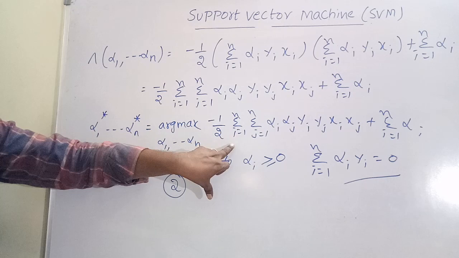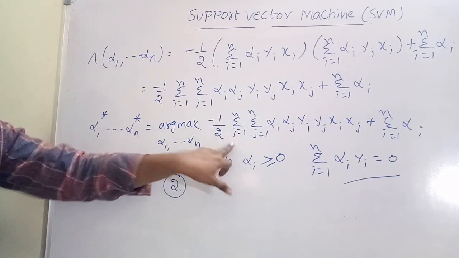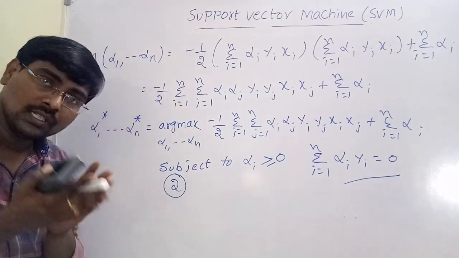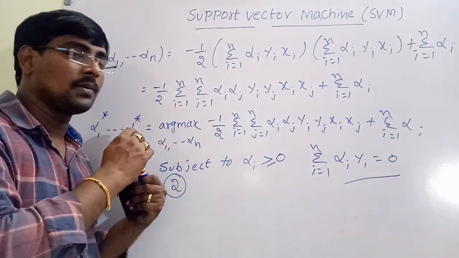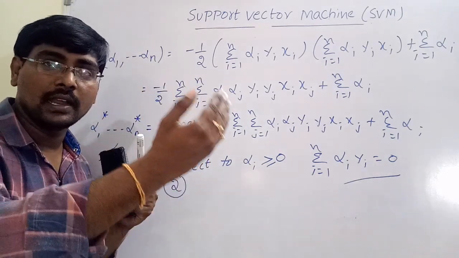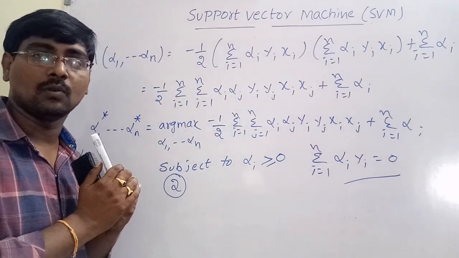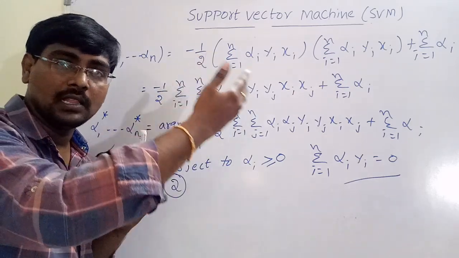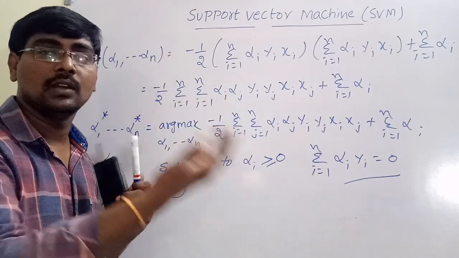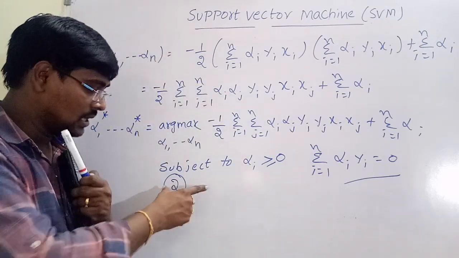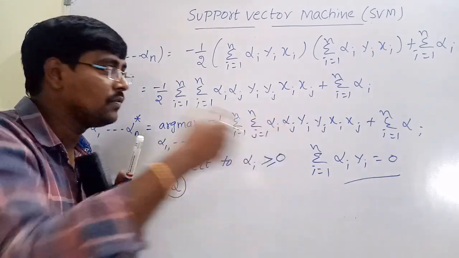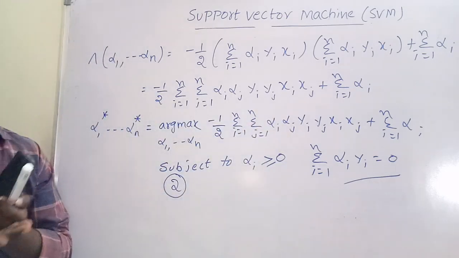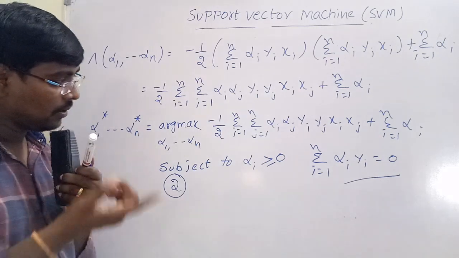We are finding the maximum margin decision boundary is equivalent to searching for a support vector. What is the meaning? Support vectors are the training examples nearest to the decision boundary. So if we are identifying the maximum margin, we are always identifying the decision boundary. That means identification of maximum margin is equivalent to identification of support vectors. So how are we identifying it?